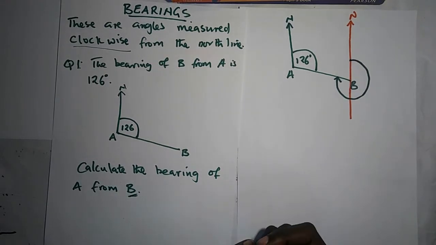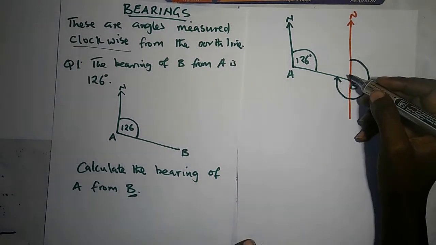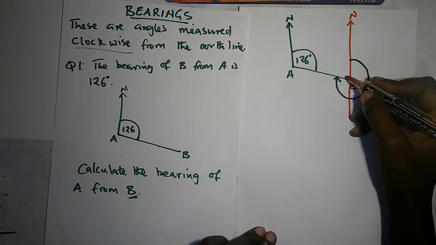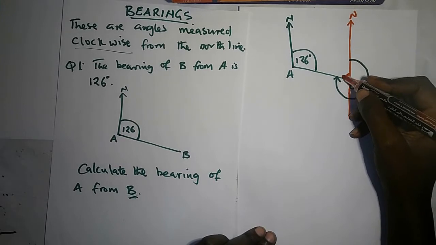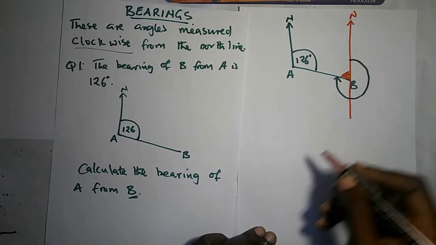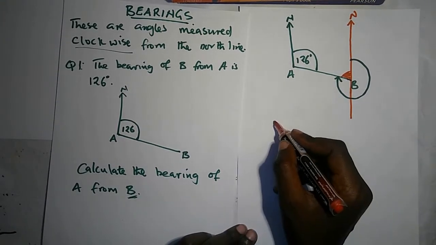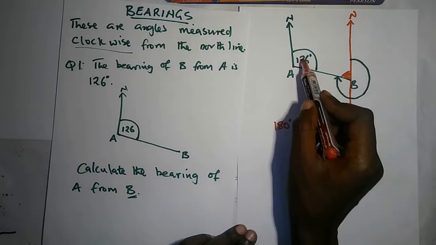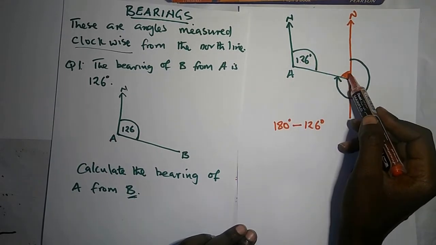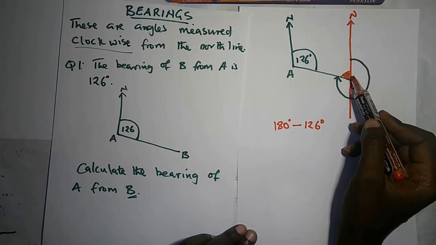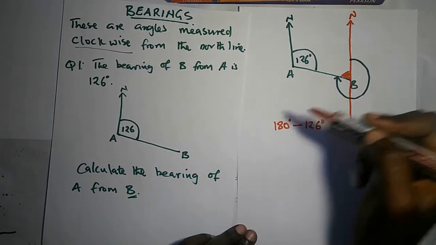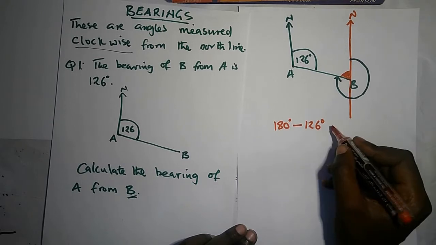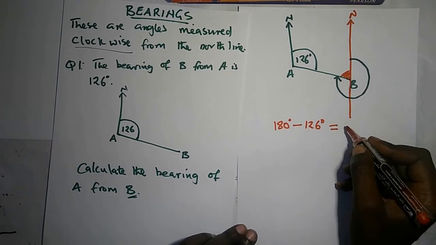So there are two ways of finding this angle. You can first start by finding the inside angle here. This angle that I've shaded red, we can find by subtracting 180 degrees minus 126 degrees, because these two angles, 126 degrees and the angle that I've shaded red, are known as co-interior angles. So they add up to 180. So when you do 180 minus 126 degrees, you are going to end up with